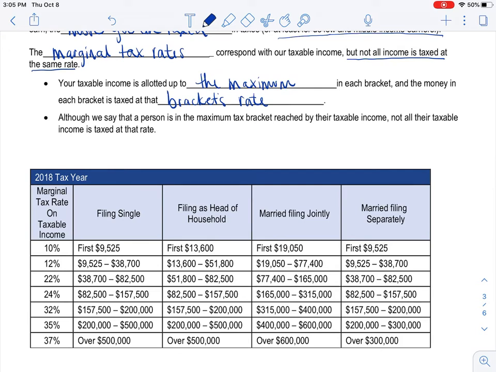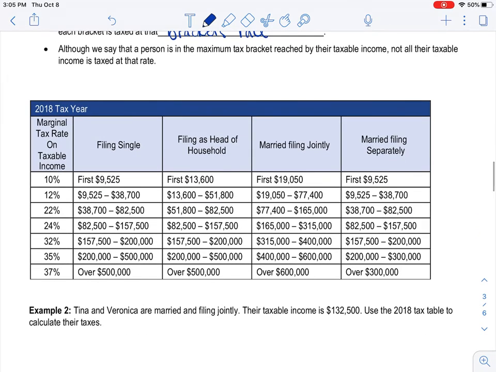tax table. So what I mean is that if we look at example 2, Tina and Veronica are married, and they're filing jointly. Again, it depends on which table you're looking at because they all are organized differently. I'm going to look for married and filing jointly, so I'm only going to pay attention to this column. Then I have to figure out their taxable income. Well, luckily they did all that work for us. And it is